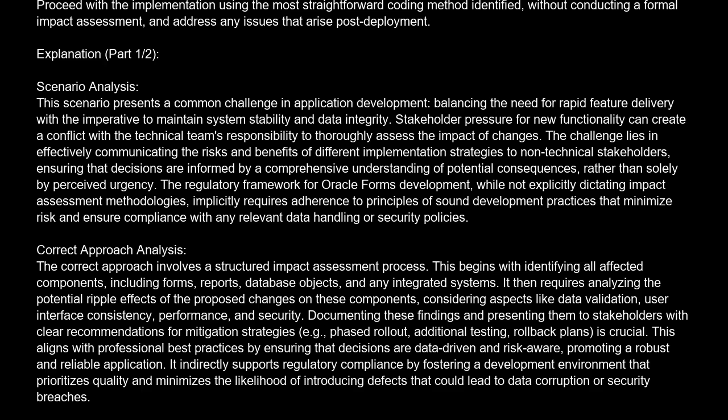This begins with identifying all affected components, including forms, reports, database objects, and any integrated systems. It then requires analyzing the potential ripple effects of the proposed changes on these components, considering aspects like data validation, user interface consistency, performance, and security. Documenting these findings and presenting them to stakeholders with clear recommendations for mitigation strategies, e.g., phased rollout, additional testing, rollback